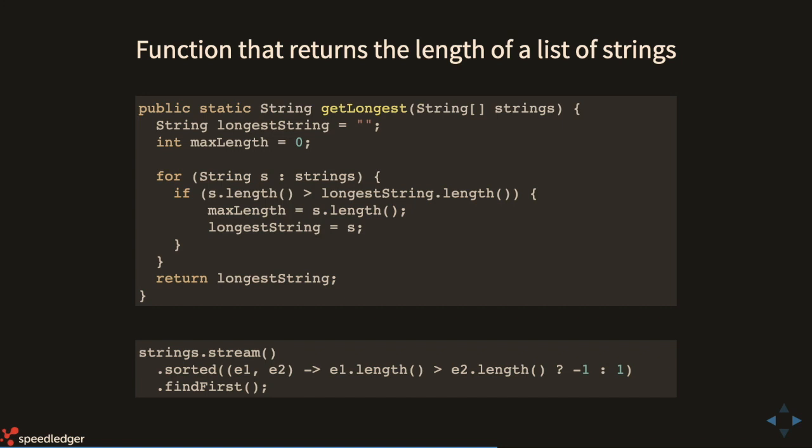But I don't know. For me, it still takes a bit of reasoning, even though it's short and concise. It takes a bit of reasoning and reading through the code before I actually understand it and I'm sure what it does, especially the last part. I could easily mix the -1 and 1, and I would get the shortest string instead by mistake.